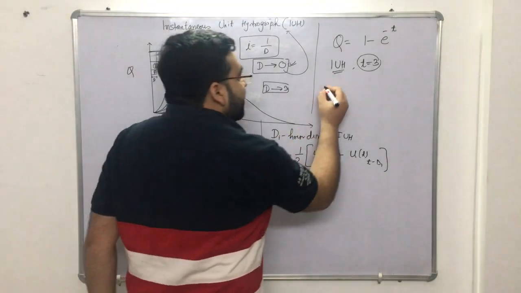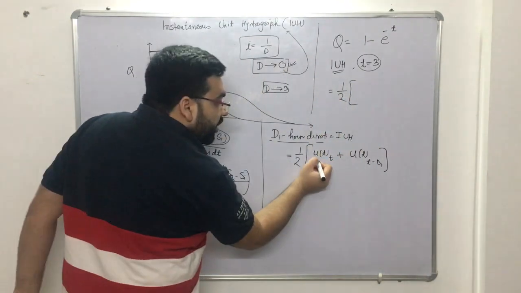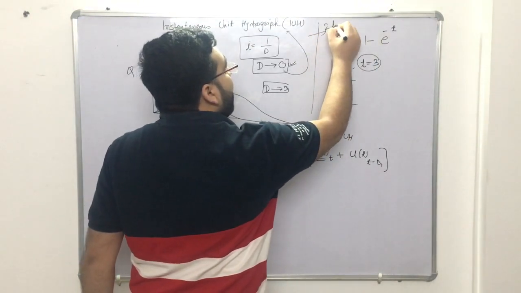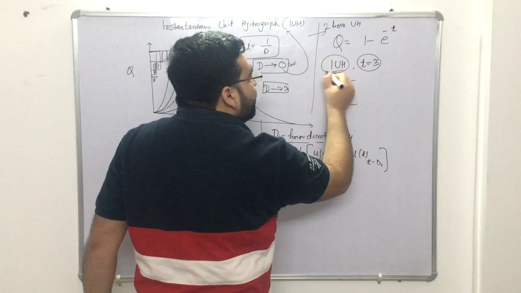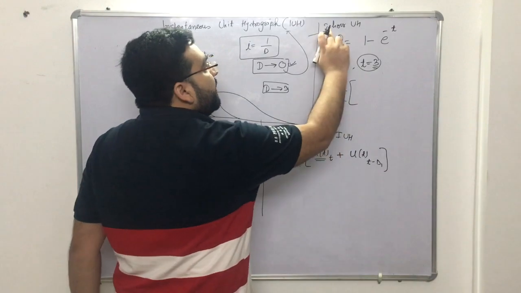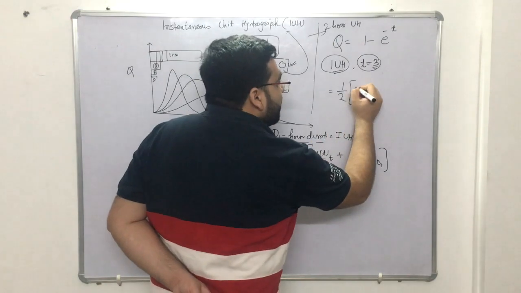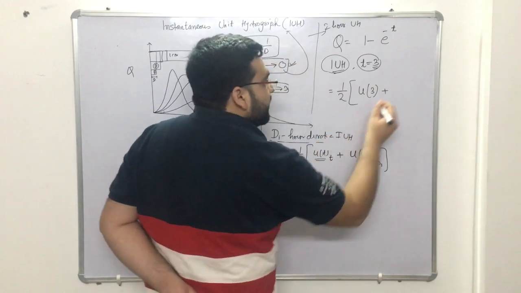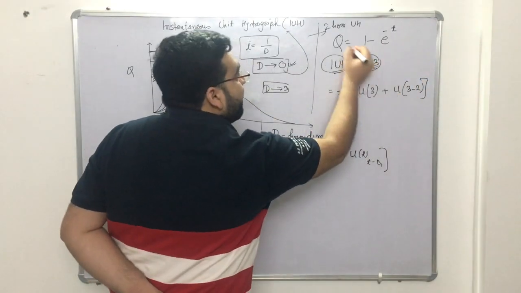So what you will do is, if you want a d1 hour unit hydrograph, you will take half of u(t), right? And suppose you are given a 2 hour unit hydrograph, and you need to determine the instantaneous unit hydrograph at t equals 3. What will be your t? This d will be your 2, and this t will be your 3, right? So it will be equal to half of u at 3 plus u at 3 minus 2. Clear?